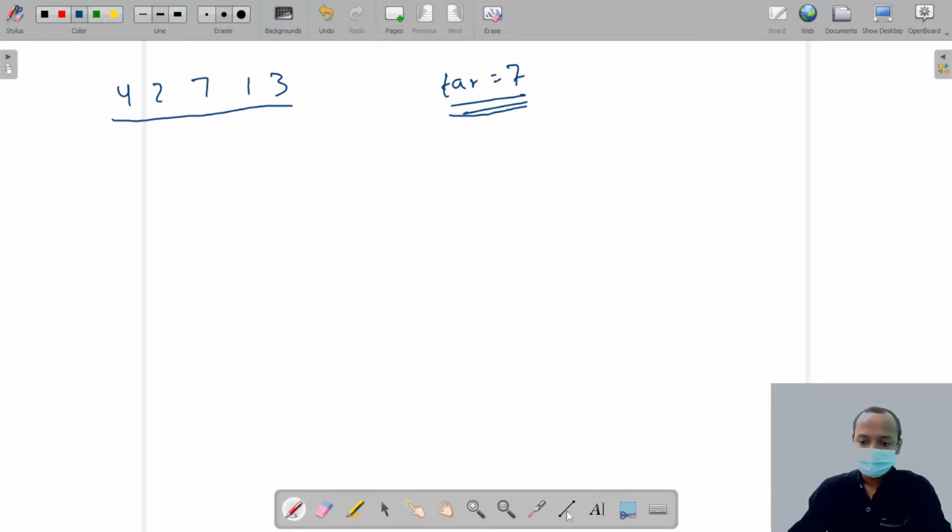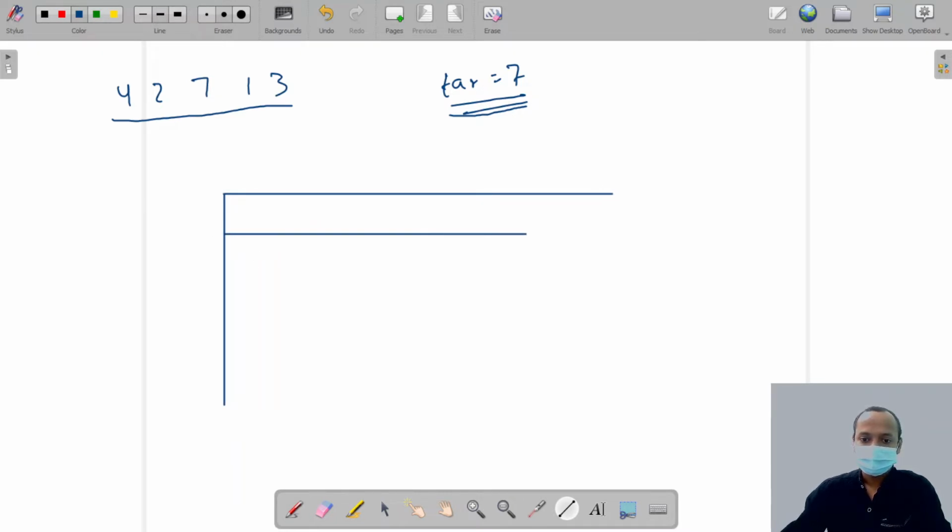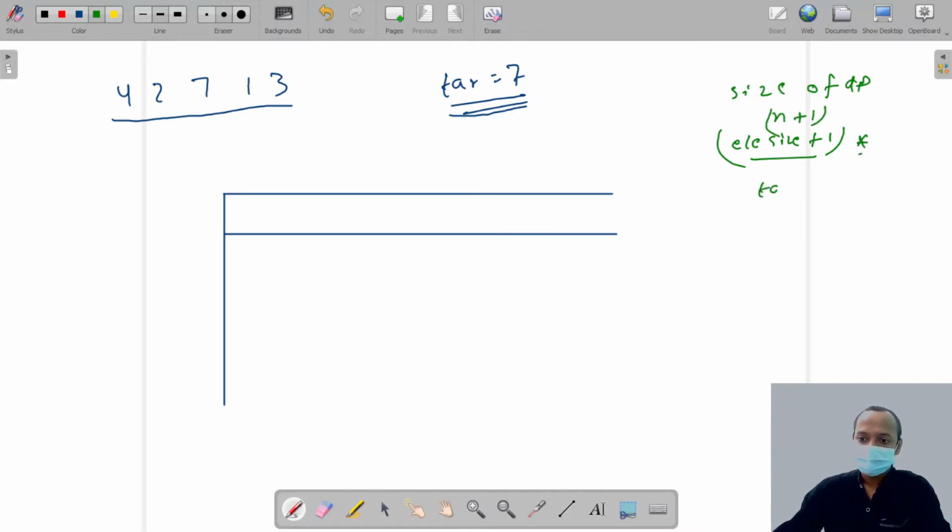This is our storage, and the size of the DP is element size plus 1, that means n plus 1, cross target plus 1. If we are given target 7, then the size of this dimension is target plus 1.